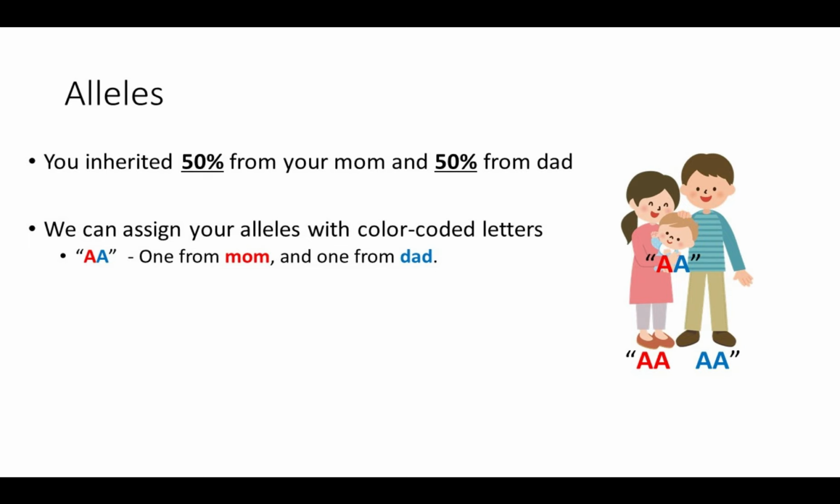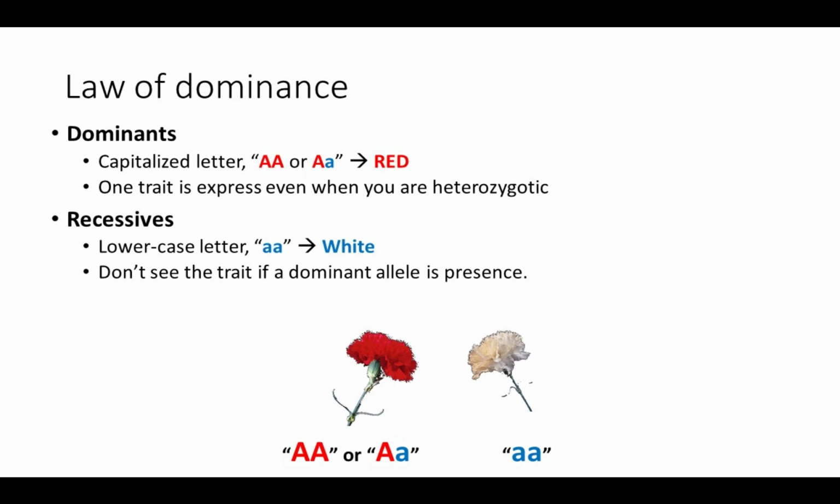We can assign your alleles with color code letter. Okay, so I basically assign the alleles with color so you guys can envision what's going on. And another thing Mendel had discovered and defined is something called the law of dominance. What exactly is the law of dominance? The law of dominance basically defines if there's going to be a